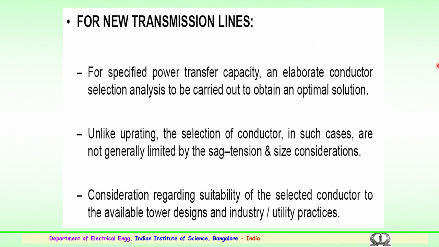The suitability of the selected conductor to the available designs and the industry or utility practices have to be followed for the new transmission lines which are going in for the HTLS conductor